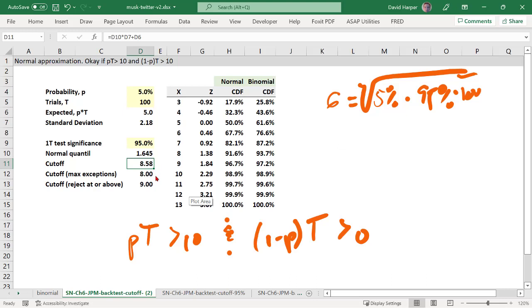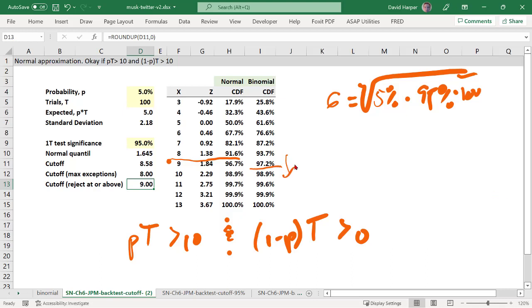And then here I just round down and round up because after all, we're talking about a discrete distribution. So here under the normal approximation, you see I get 9 for the cutoff, which is right here. The normal approximation would give it to me right here. Here's by my binomial, where I argued previously that the cutoff should be at 10.